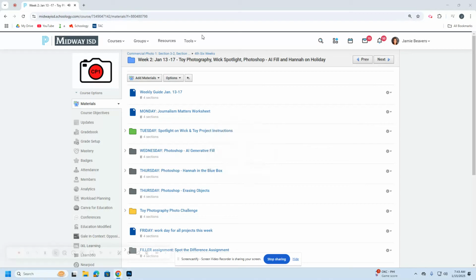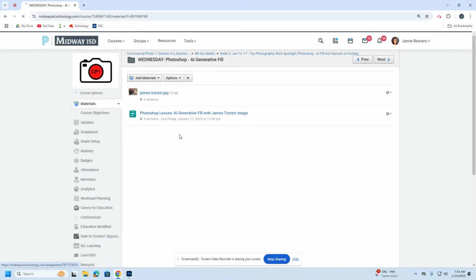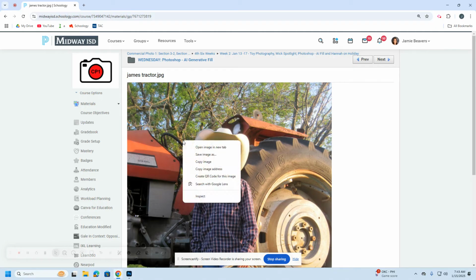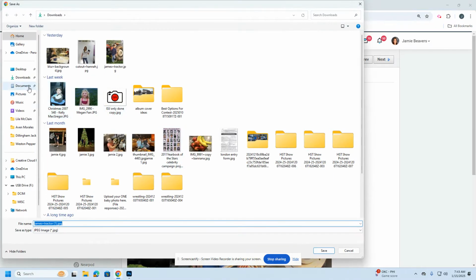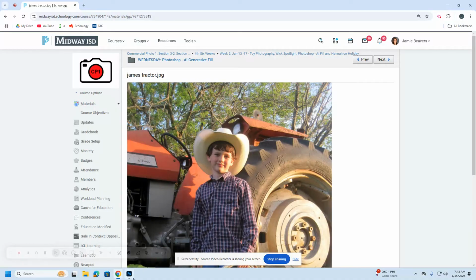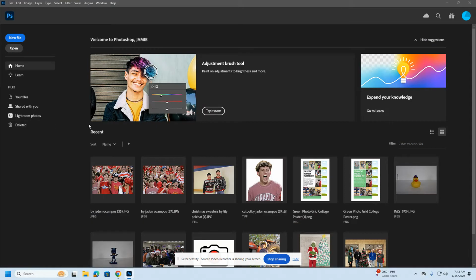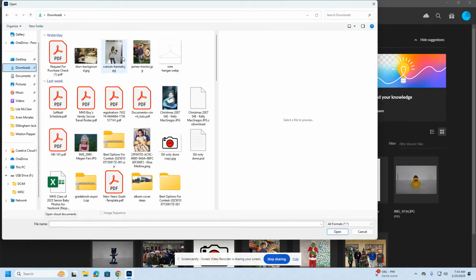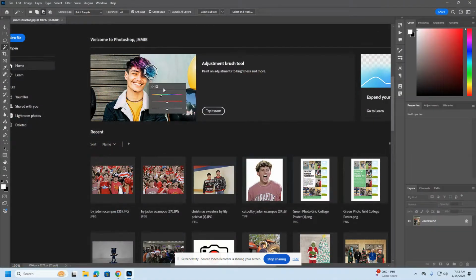These are the instructions for the AI Generative Fill to change backgrounds on our toy pictures. Go to the Photoshop folder called AI Generative Fill, click on the photo called James Tractor, right-click on it and save image as, and make sure it goes to your downloads. Then click Save. Then in Photoshop, we're going to go to Open, Downloads, find the photo of James Tractor, and